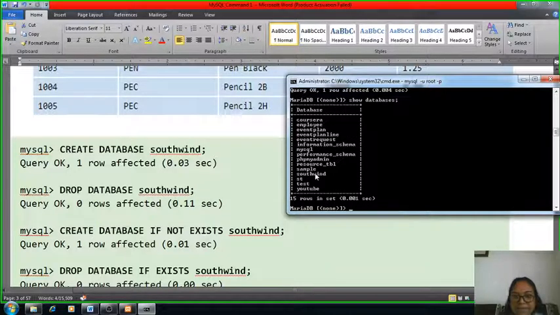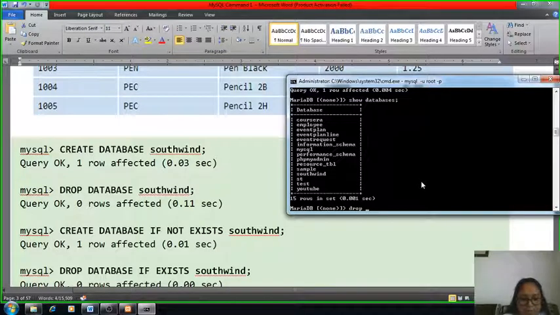Now it is again displayed inside, that is Southwind, means that database was not existing in this server and it created it, it's a new database, that is Southwind. Okay, then again for dropping this, the drop command is used.